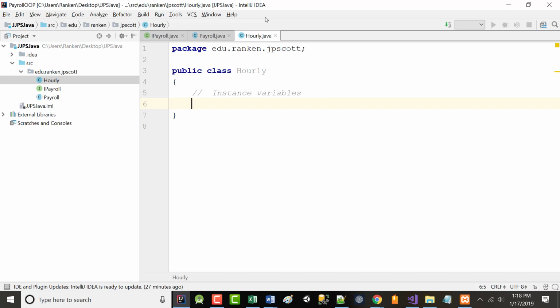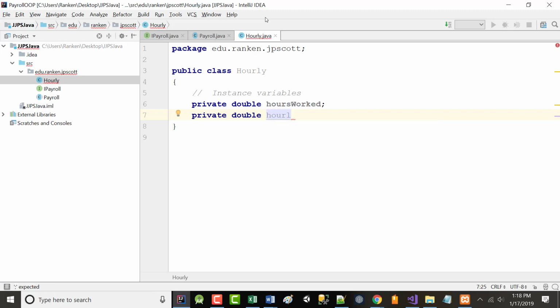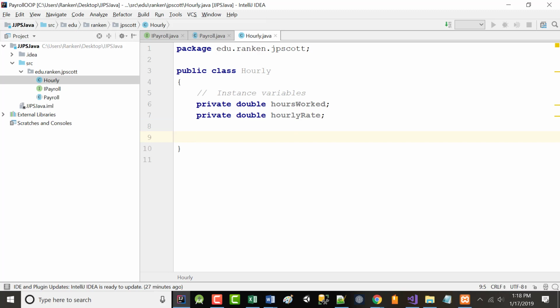All right, so our instance variables will be a private double hours worked, and a private double hourly rate. All right. Now, we're going to have our constructor, and it's going to be a full arg constructor.